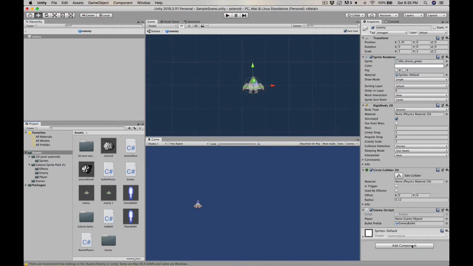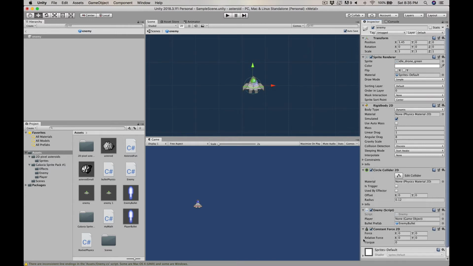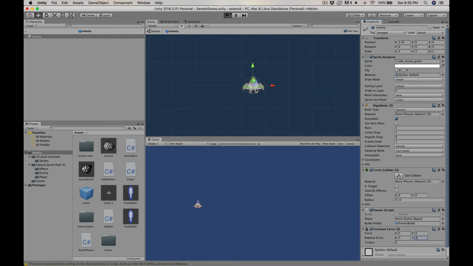Okay. So add component, physics 2D, let's see, constant force 2D. We're going to go with a relative force because we always want it to be in the y direction. I'm going to say a relative force of 2. Okay. And this way,